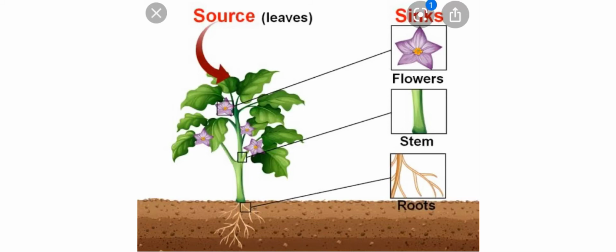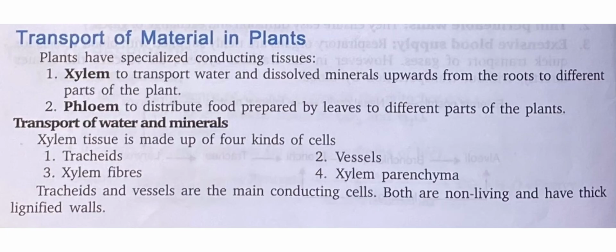First of all, food is produced in the leaves during the process of photosynthesis with the help of sunlight. Now what will leaves do? Leaves will lose their energy, that is ATP, and they will transport this food to nearby phloem tissue. So it is called active transport, that is the transport of substances in and out of the cell by using energy. And then these substances are transported through phloem tissue to different parts of the plants. So students, you understood how transportation takes place in plants.